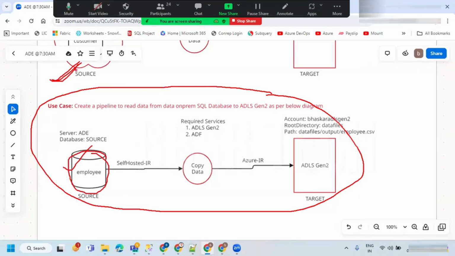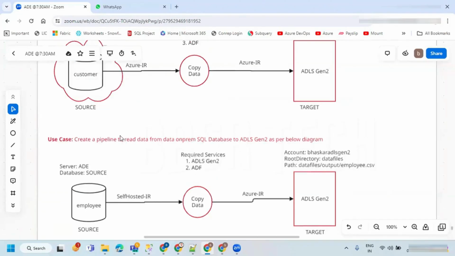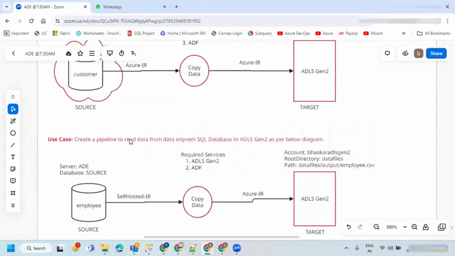Both are 100% similar. And if you don't have on-prem SQL Server in your system, I shared the documentation to download, install, and set it up. I have shared the document, just go to it. That is one thing. And still, if you are not in a position to install it for some reason, then you can use the Azure SQL Server database itself. That is the only way we have.